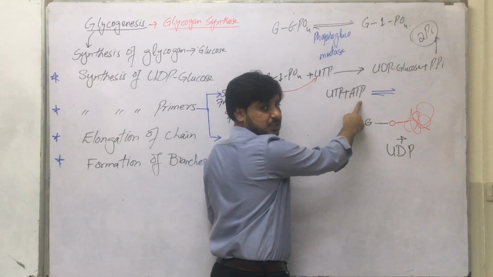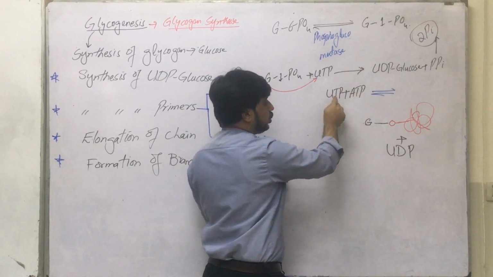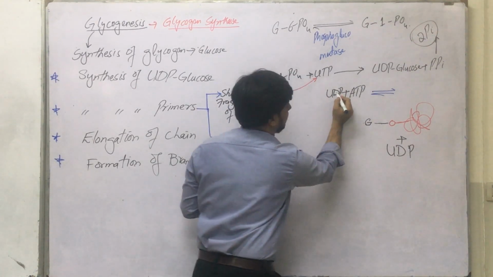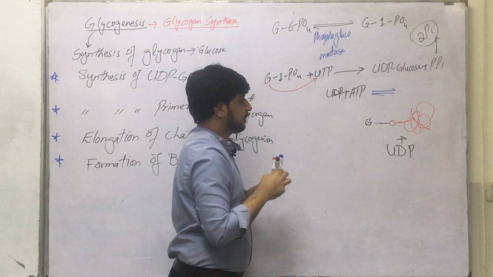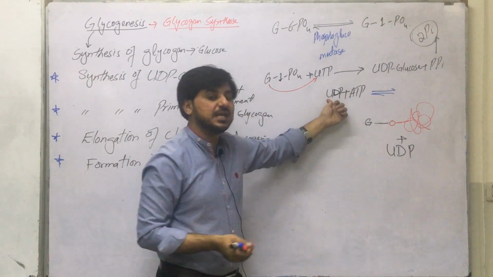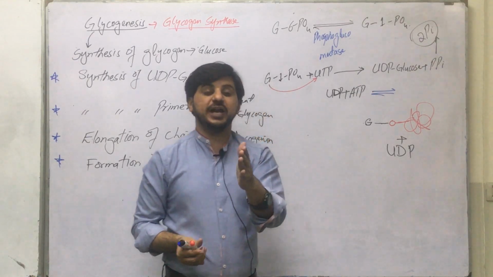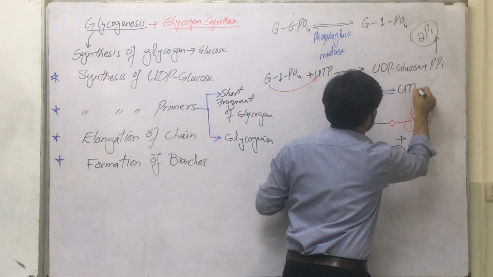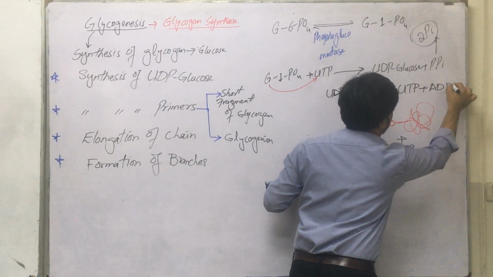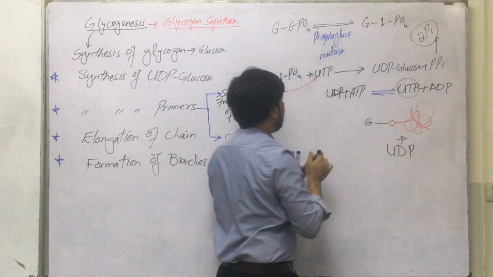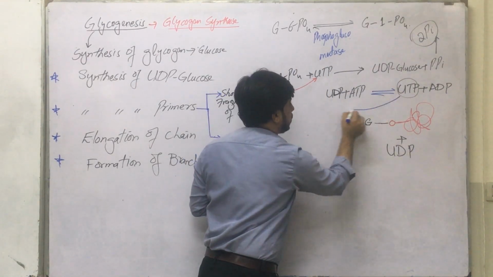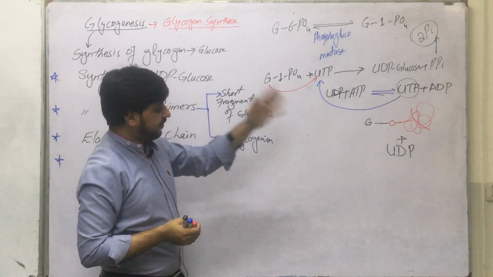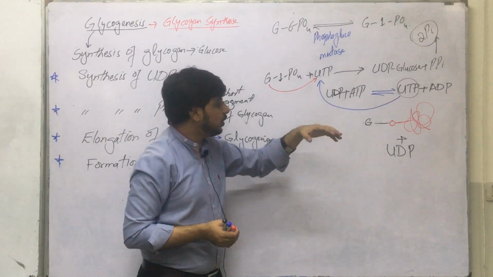This ATP will transfer its terminal phosphate to the UDP. It is not the UTP, it is UDP, uridine diphosphate. The phosphate is transferred to the UDP with the help of the enzyme nucleoside diphosphate kinase, and as a result we will have UTP plus ADP. Now this UTP is again ready to carry another molecule of glucose, and after carrying another molecule of glucose, again